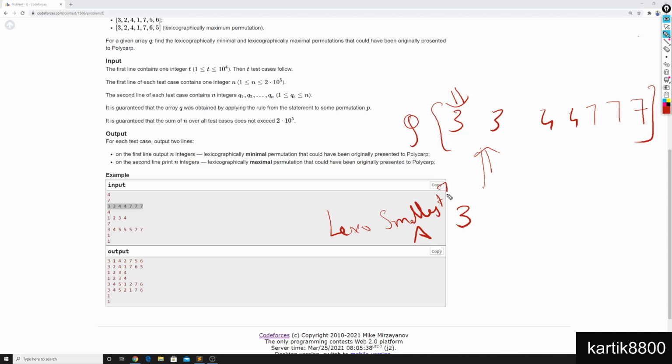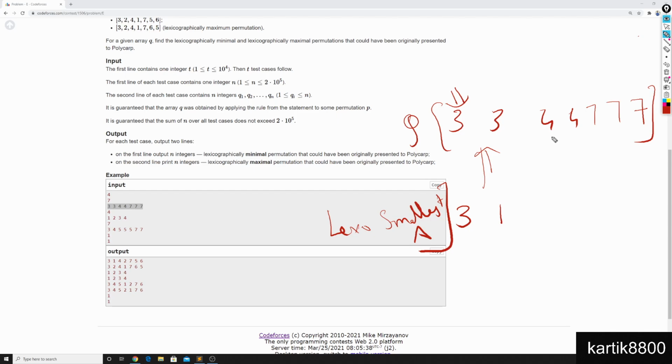Now think about this. The first element of A has to be 3. There is no other option because prefix max says it's 3 and prefix max of 1 is basically A1. Now the second element, what about the second element? It could be anything from 1 and 2, because if I put a number larger than 3 here, let's say 4, then Q is not the prefix array of A, because then this would instead be 4, right? So I can put any number at this position that is smaller than 3, so either 1 or 2. Because I'm trying to build the lexicographically smallest array A, I'll put 1 here.